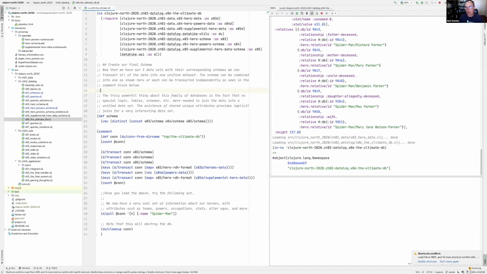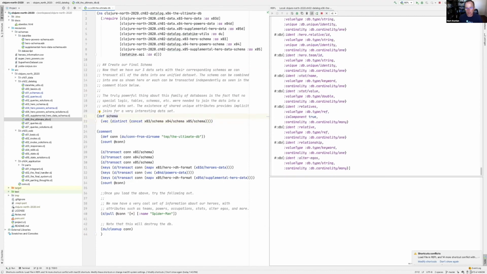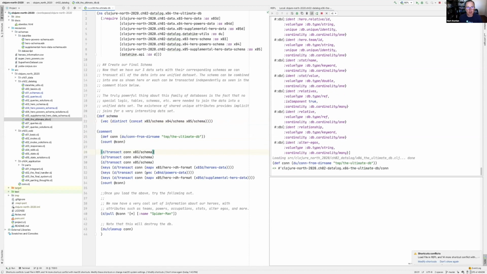And this is where things get even more interesting. We're going to take our final schema where we take our exercise 3 schema, our exercise 4 schema, and our exercise 5 schema, and we're going to concatenate those together and then get distinct values. And so that is our final schema. And so there it is. You can look through that later. Not super exciting, but what's cool then is I have the ultimate database and I can transact in all of these. I am not going to transact in all this data right now. It takes a minute or so, but if you're following along, lines 28 through 33,